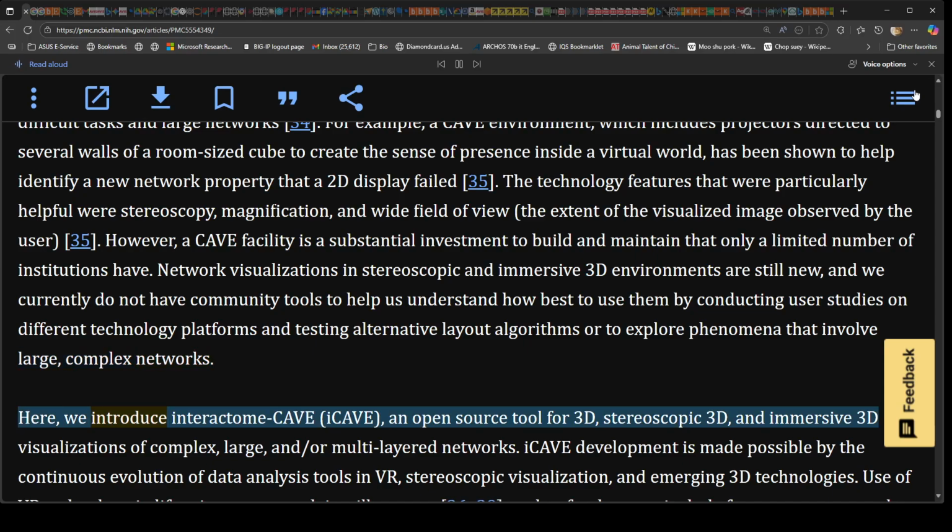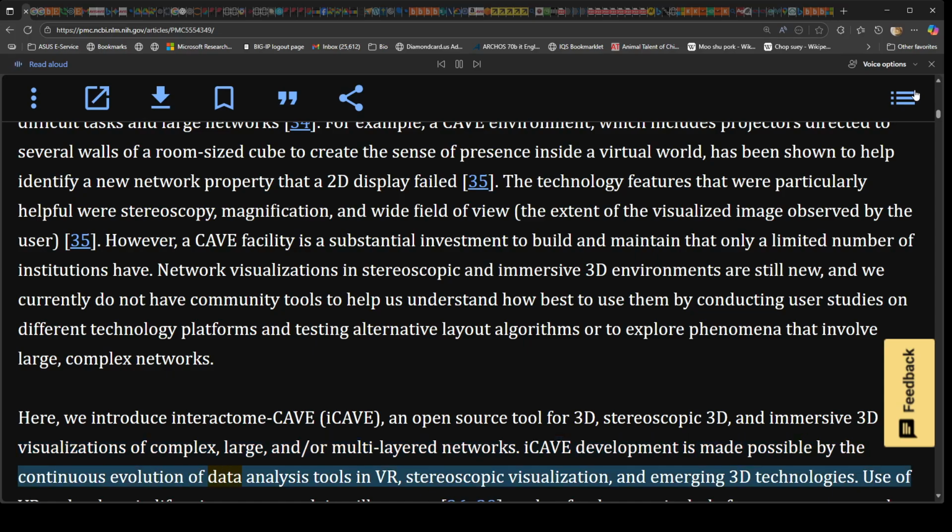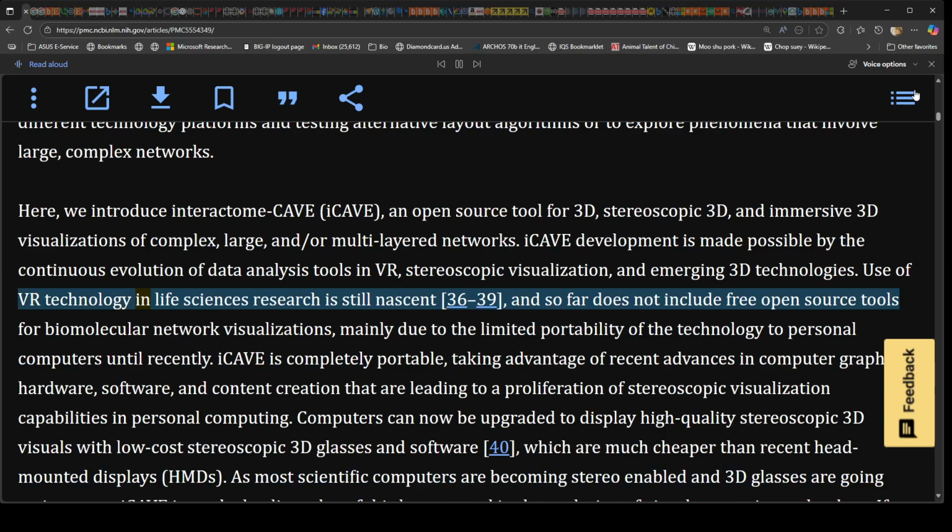Here, we introduce interactome-CAVE, iCAVE, an open-source tool for 3D, stereoscopic 3D, and immersive 3D visualizations of complex, large, and/or multi-layered networks. iCAVE development is made possible by the continuous evolution of data analysis tools in VR, stereoscopic visualization, and emerging 3D technologies. Use of VR technology in life sciences research is still nascent, 36 to 39, and so far